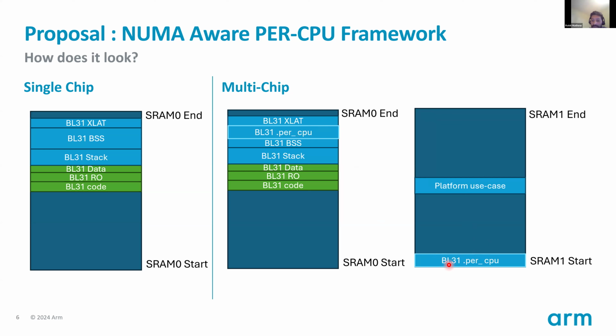And now this is local to this particular node. This section is local to this particular node. Accesses don't have that latency, and the storage also is going to reduce with that. So that's how it looks from a visual perspective on a multi chiplet system or chiplet where we have multiple NUMA